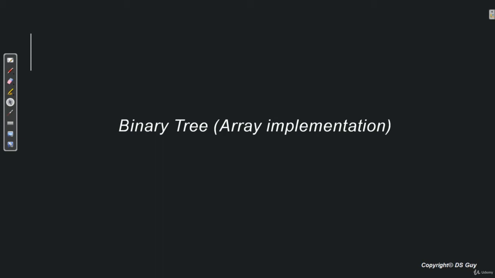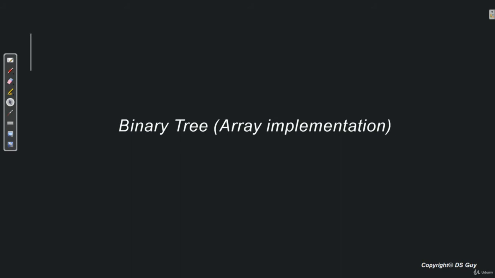Now with this video, we'll start the next subtopic, whereby we will see all those 6 operations being performed on a binary tree with an array implementation. So there are a few similarities between array and linked list implementation, and again there are a few dissimilarities as well. As we progress with this video, all of those similarities and dissimilarities will get unfolded.